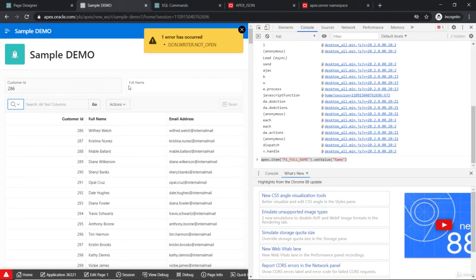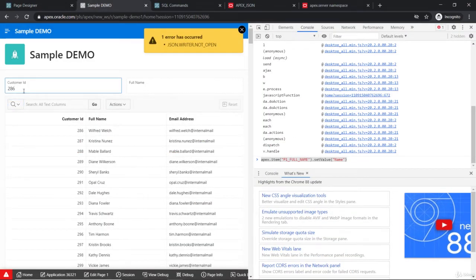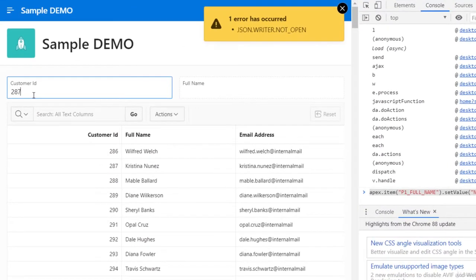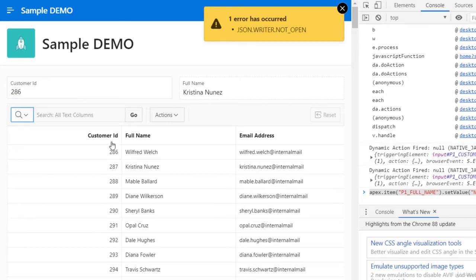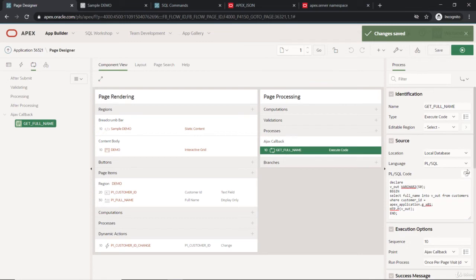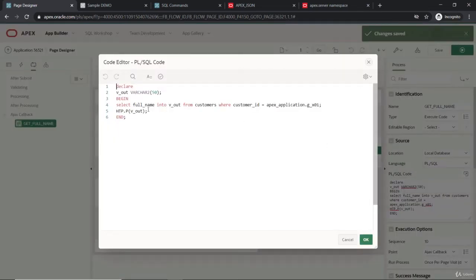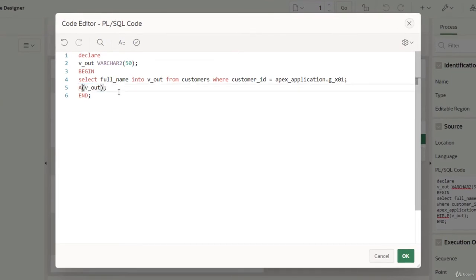So now I need not refresh this because this logic will be in the server. I can just change it to 287, and this returns me this with the correct name, and this is 286. If I type, I can get another one. So this is fine. I'll close that. So htp.p is useful now if you want a single value, or if you want a collection of objects. Maybe you'll try with the old apex_json,